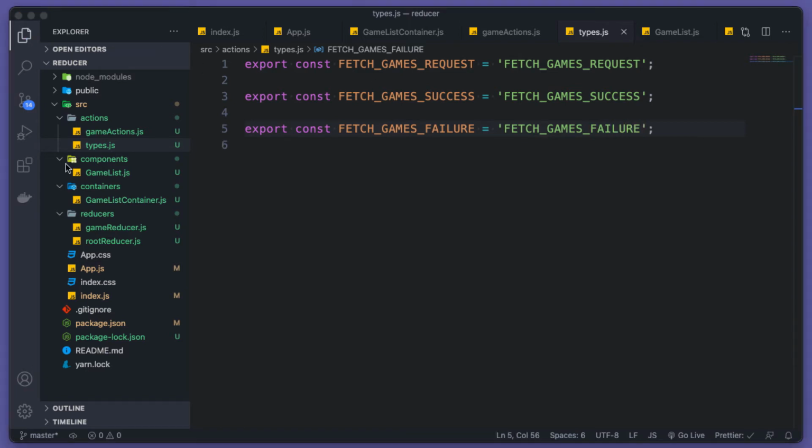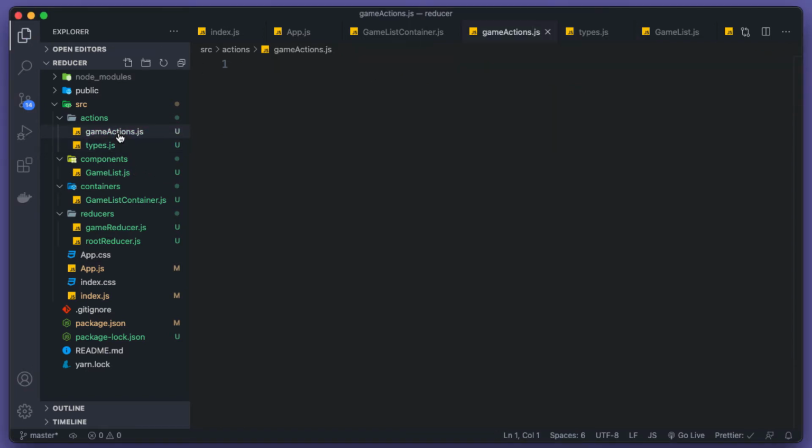Save. So go back to gameActions.js, import